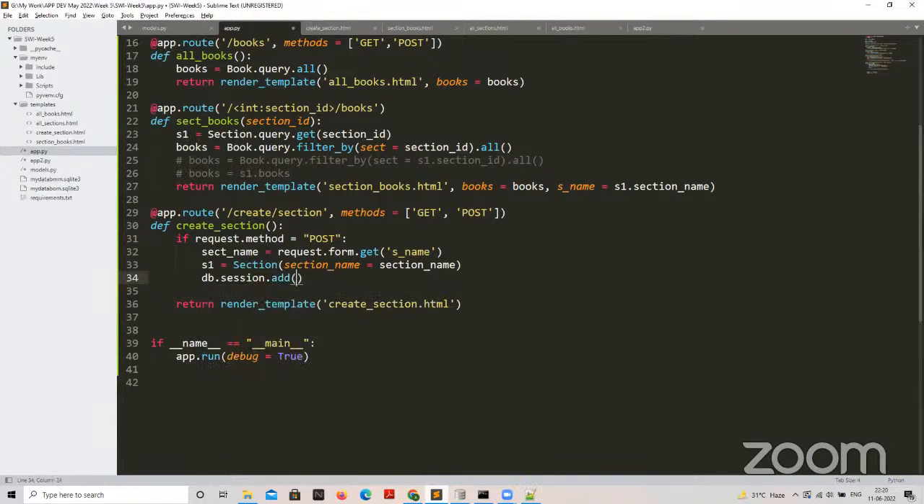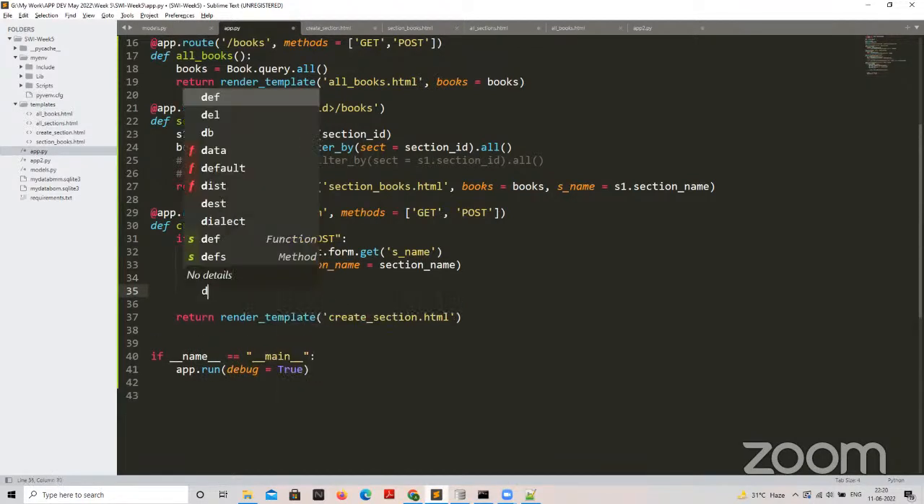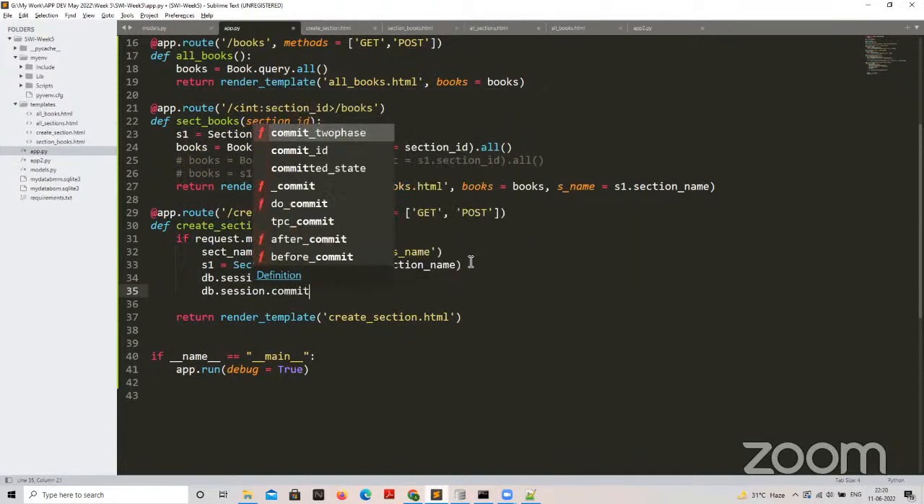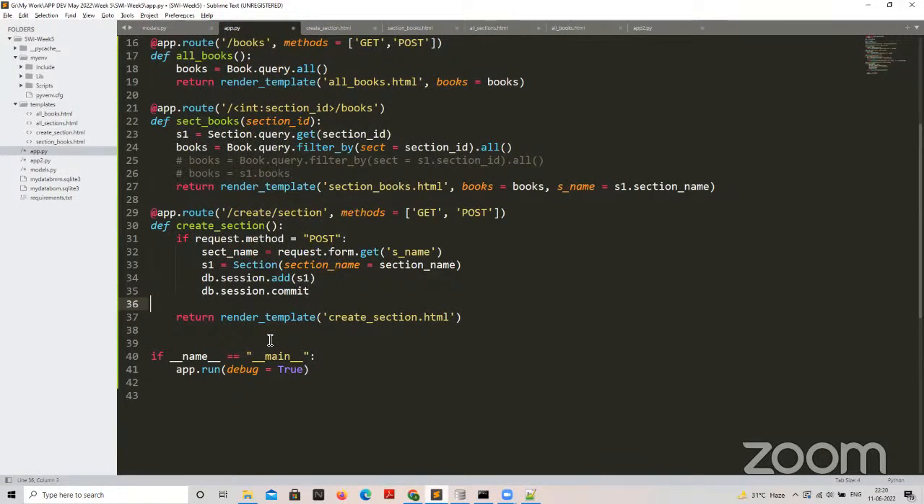Then I need to add this object to the session, the way we are doing in CLI. Okay, this should happen. Okay, db.session.commit. Once we are done with this,